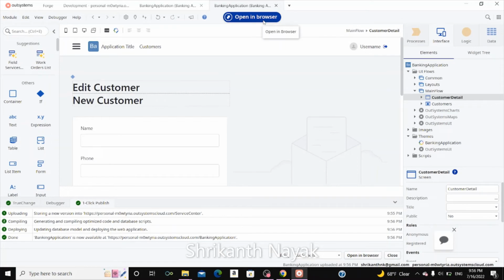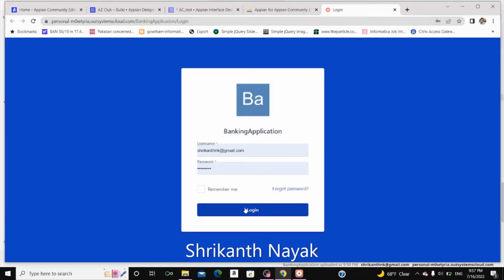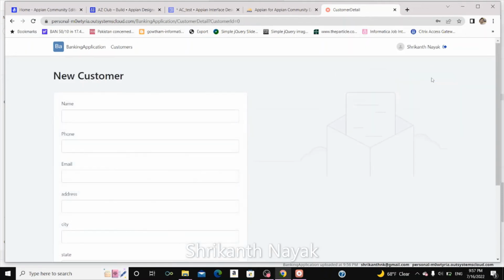So to do that, I'm going to click on open our application in browser. Application gets launched here in the web application. I need to log in. So I don't have any data to display in this screen. What I'm going to do is I'm going to click on add customer button here, and I'm going to enter